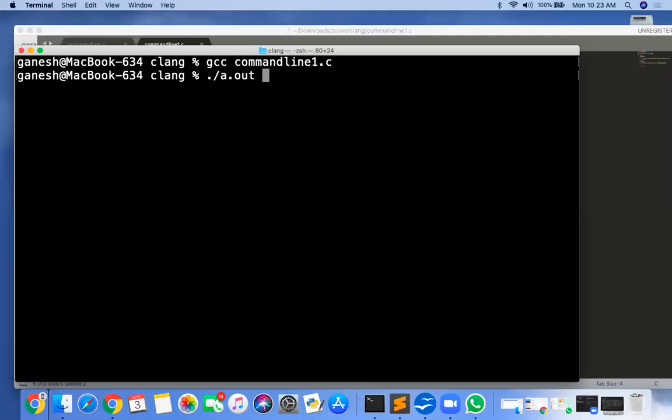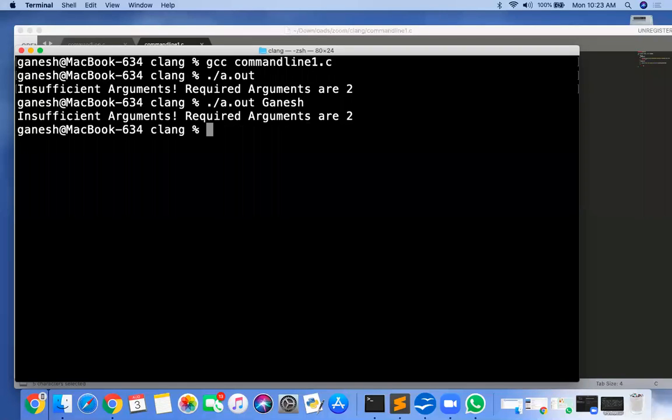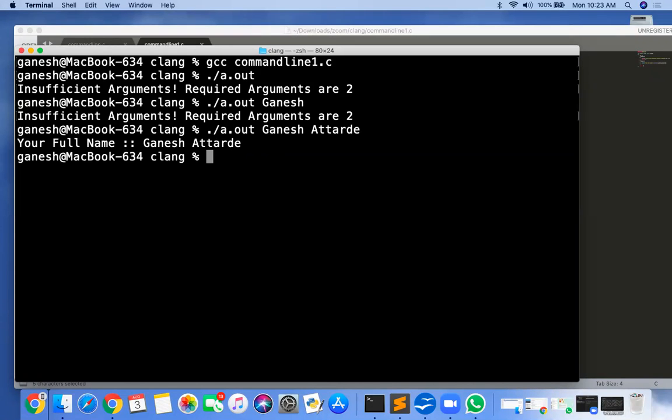Suppose I'm not giving any command line argument, then what happens? It will print insufficient arguments, required arguments are 2. Suppose I'm giving only a single argument, then also it will give the same output. But if I'm giving exactly 2 arguments, it will print your name. Your full name is Ganesh Attade. Getting this?